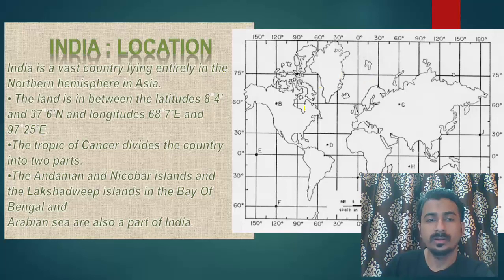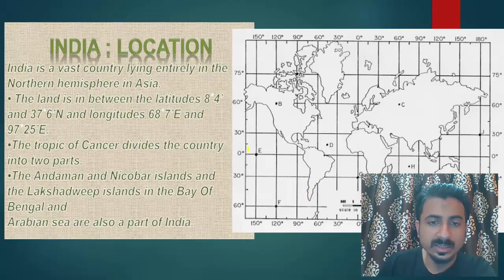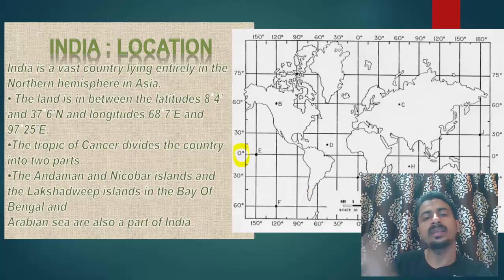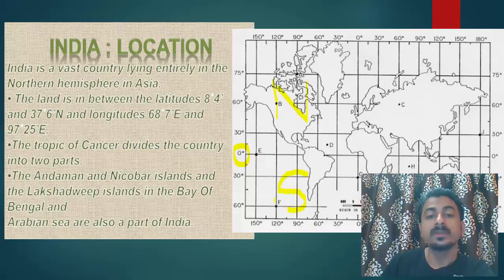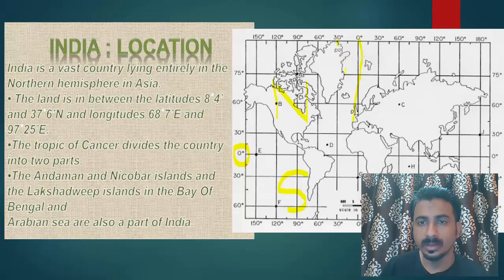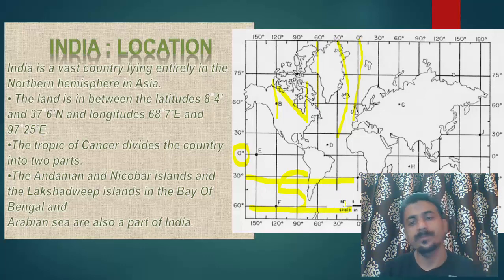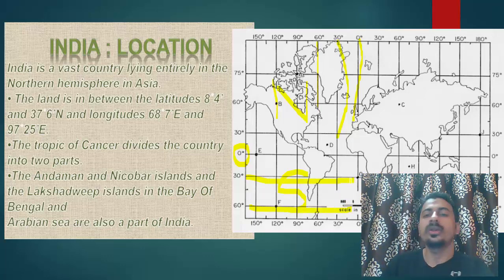Now, if we see the location, then India is in northern hemisphere. How do you know which hemisphere? See, this zero degree is equator. Equator is a line, or you can say latitude, which divides the earth into two halves. Northern, this is northern, and this is southern. Okay, so and if you don't know latitude and longitude, see, longitude means long means lambai. So you can say longitudes are these lines. Okay, from north to south, and latitudes run from east to west or west to east. Okay, so now you have idea of latitude and longitude.